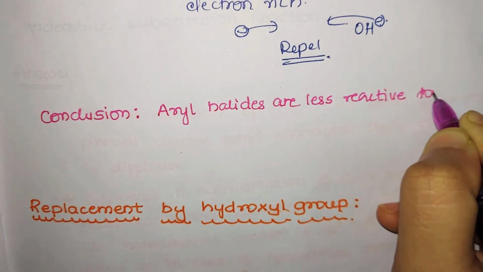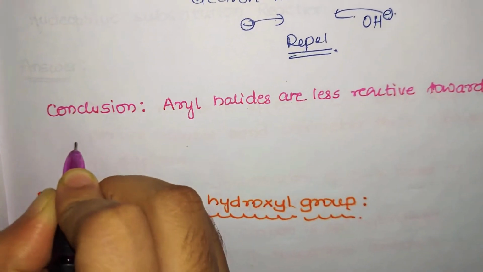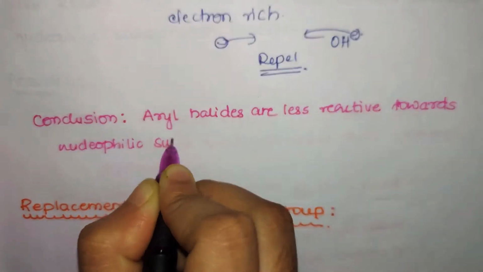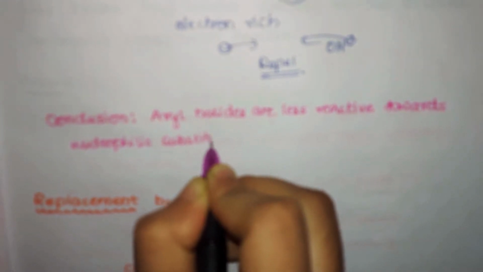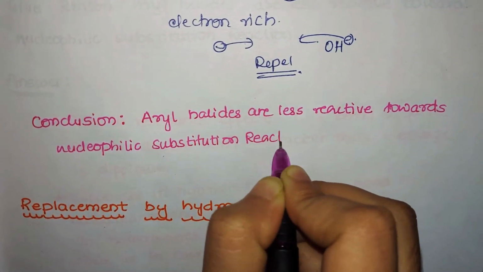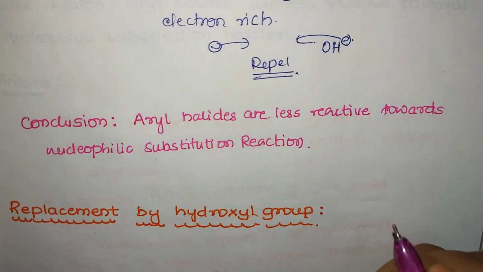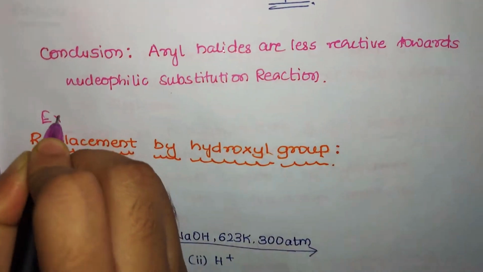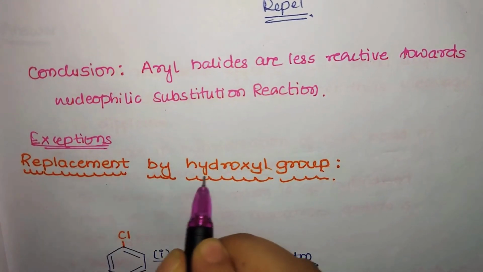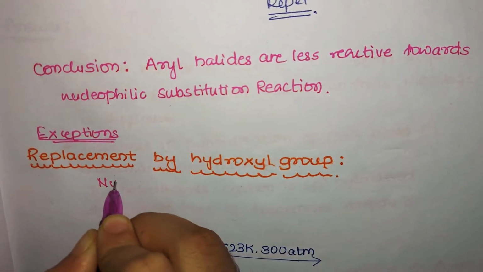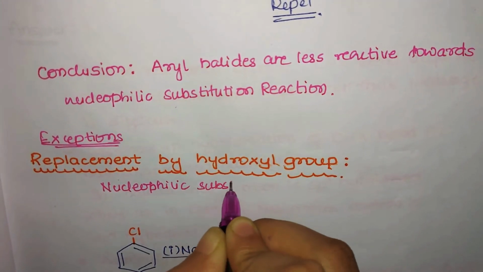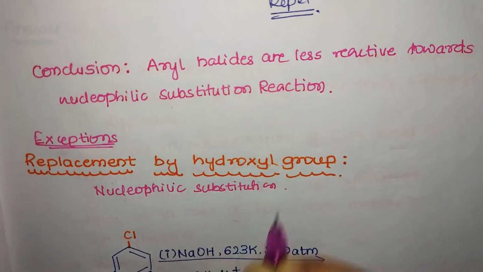See, we are saying that they are less reactive. That doesn't mean they do not react at all. They react, but the conditions required are different. Under normal conditions, they do not take place. So what do we see? One of the examples we'll be studying here. So based on this conclusion, that is aryl halides are less reactive towards nucleophilic substitution, we will go with the next one, that is we'll consider it as an exception. Actually it is not an exception, but to understand we'll make it an exception that nucleophilic substitution occurs, and here our nucleophile is OH minus. But nucleophilic substitution does not occur under normal conditions. So it requires certain conditions. We'll see with our next example.